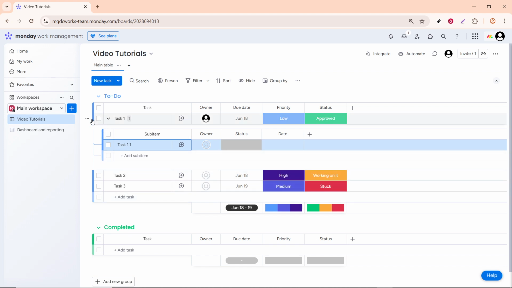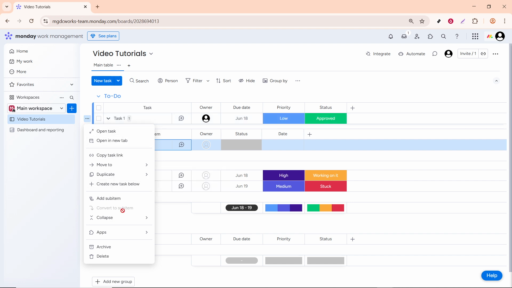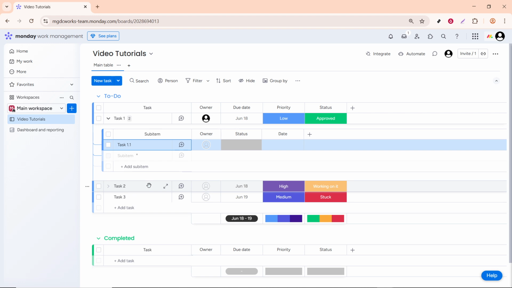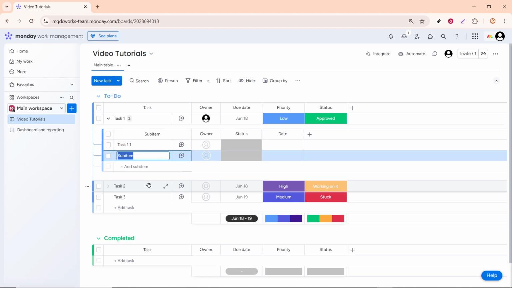If you need to add more subtasks under the same main task, simply repeat the steps above. There's no limit to how many subtasks you can add, so feel free to break down those complex projects into smaller, actionable steps. This flexibility allows for granular control over project tasks, making it a breeze to tackle even